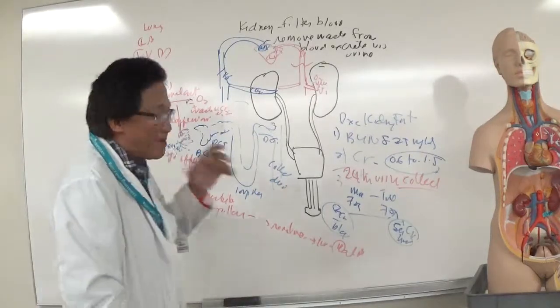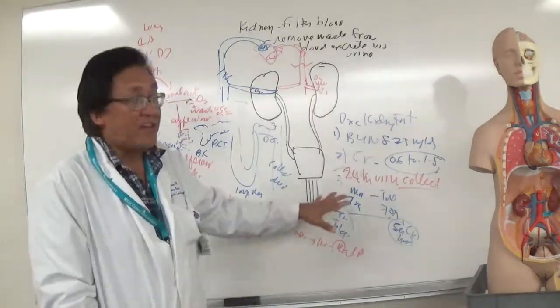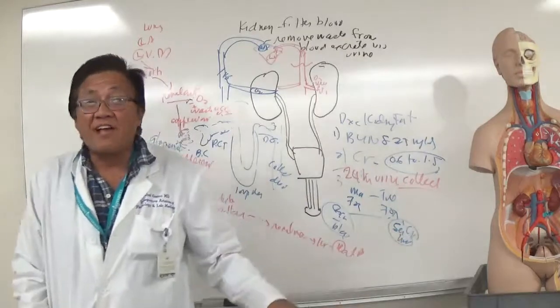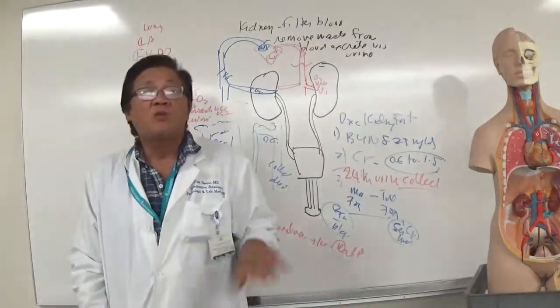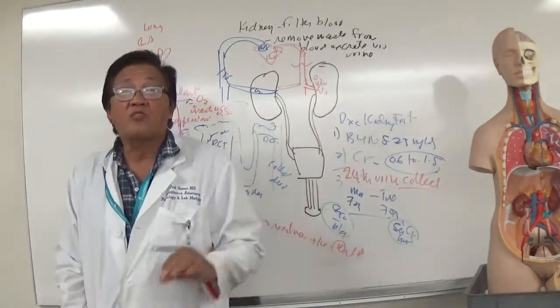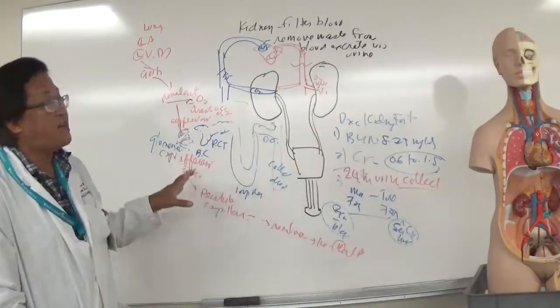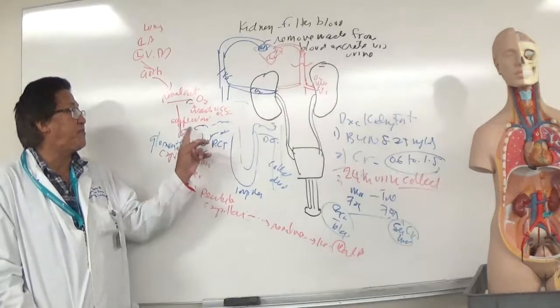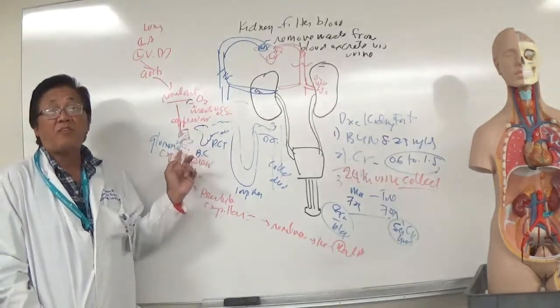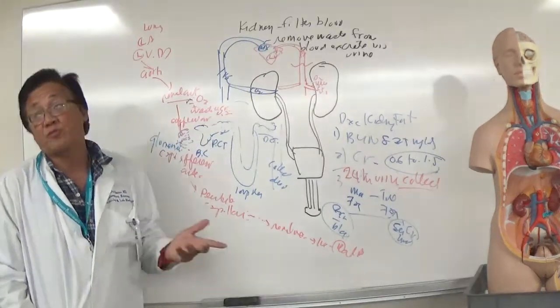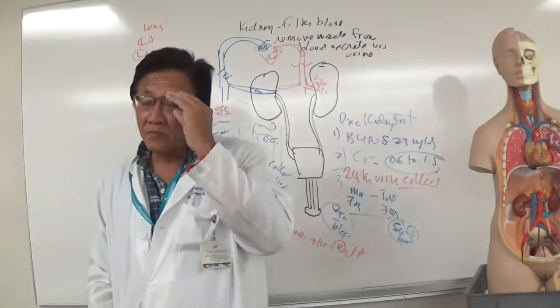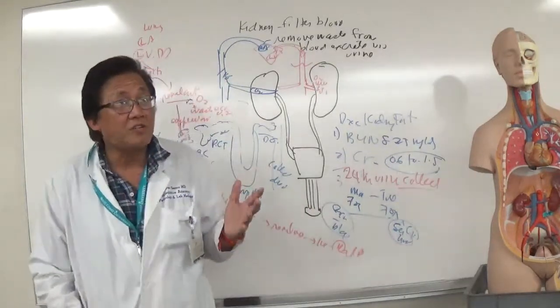Okay? The bottom line is this. And there is a formula for computation of the creatinine clearance. We also use what? The GFR, the glomerular filtration rate. Basically, in simple terms, we're trying to find out how effective is the filtration performed with the glomerulus together with the Bowman's capsule. Right? Does that make sense to you guys? Now,